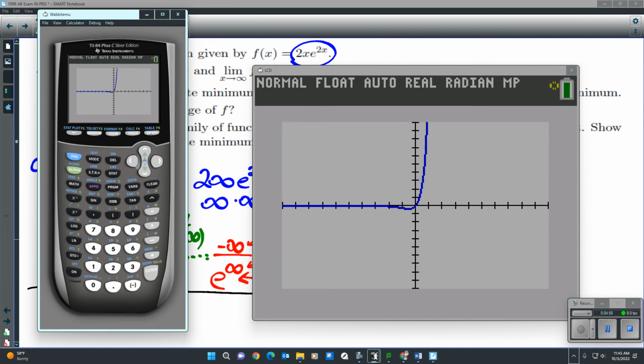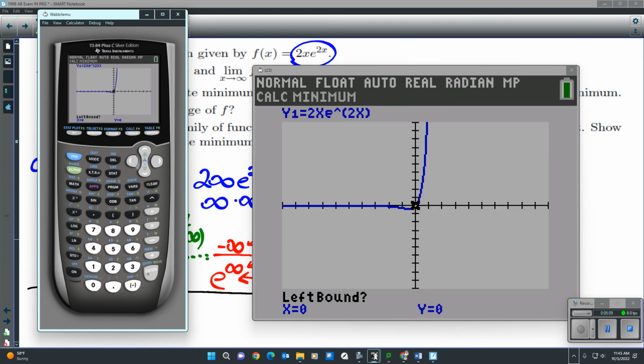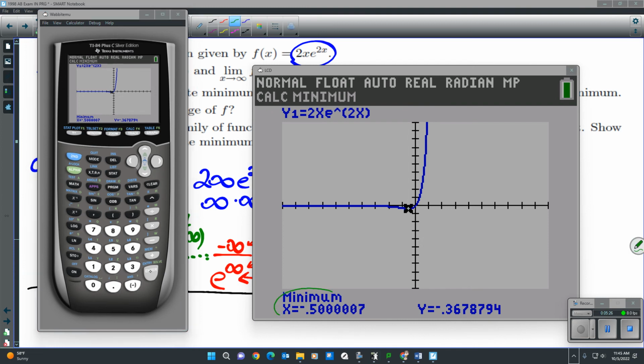So it looks like the minimum happens right around here. So in my calculator, I am going to go second trace, and I'm going to put minimum. And I'm going to do a little bow tie. I'm going to move my little spider dude here to the left. I'm going to move my little spider dude up here to the right. And I hit enter one more time. So my minimum happens when x is approximately -1/2. But my y value is going to be -0.36